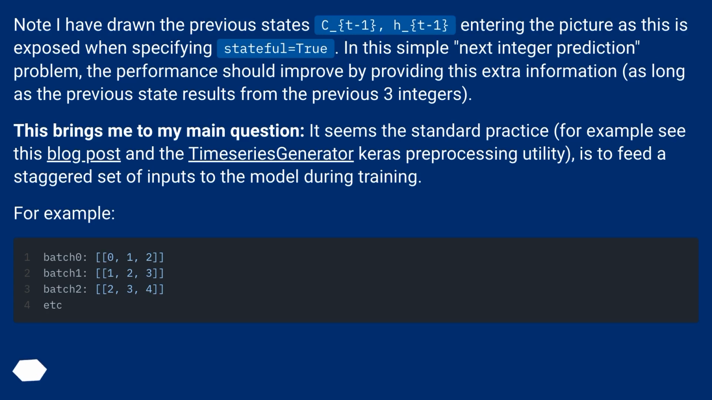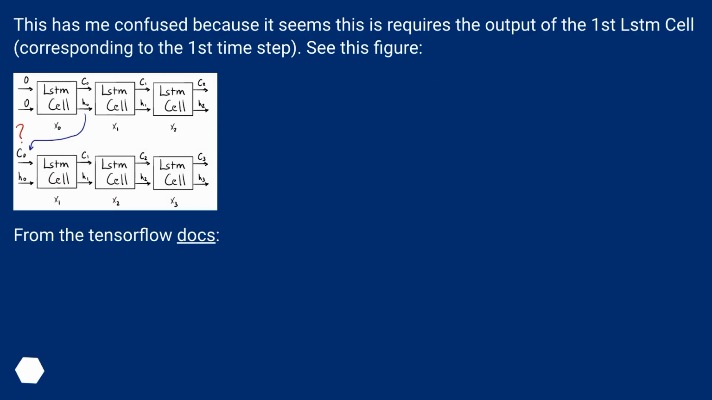This brings me to my main question. It seems the standard practice, for example see this blog post and the time series generator Keras preprocessing utility, is to feed a staggered set of inputs to the model during training. For example, this has me confused because it seems this requires the output of the first LSTM cell, corresponding to the first